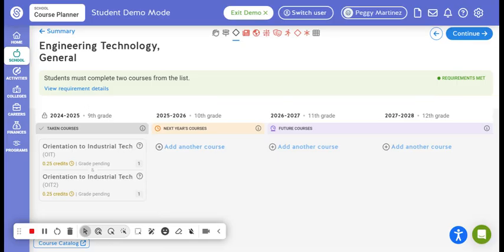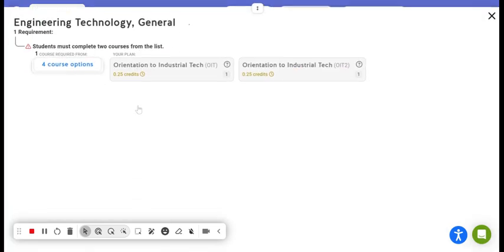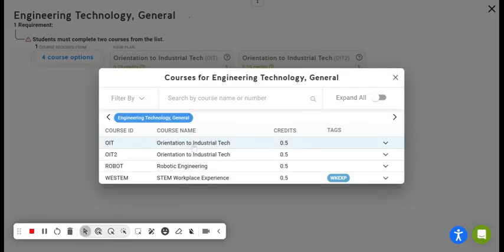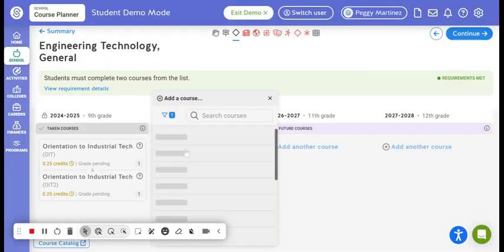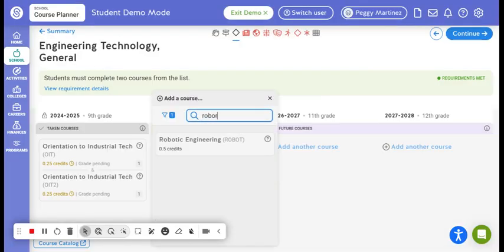And now to do engineering technology and to complete that career pathway, you have to complete 2 courses from this list. You need to take orientation to industrial tech and STEM engineering, robotic engineering or STEM workplace experience. So my sample student already has orientation to industrial tech. So I'm going to make sure I take robot